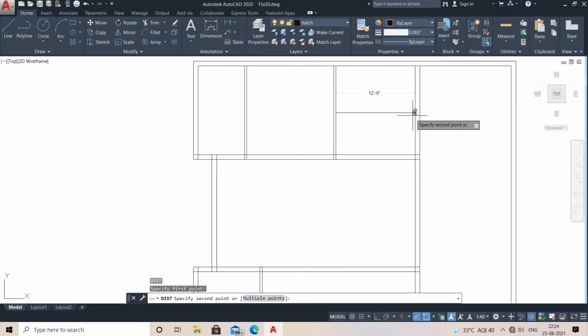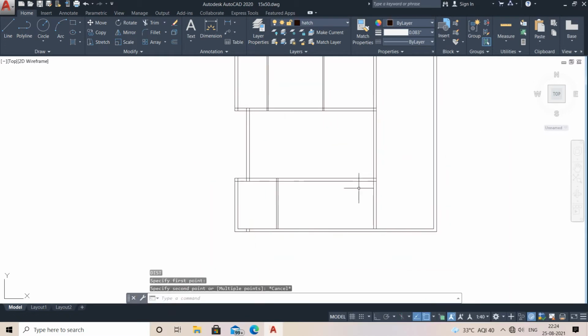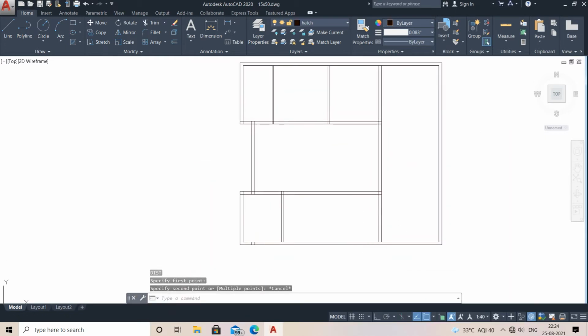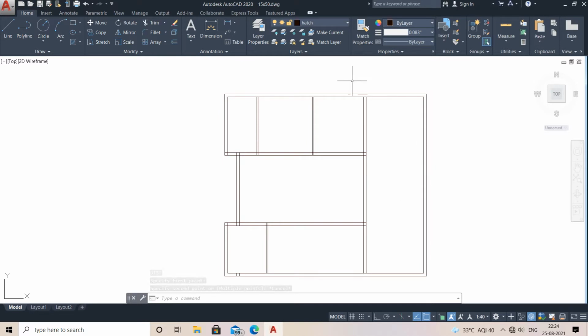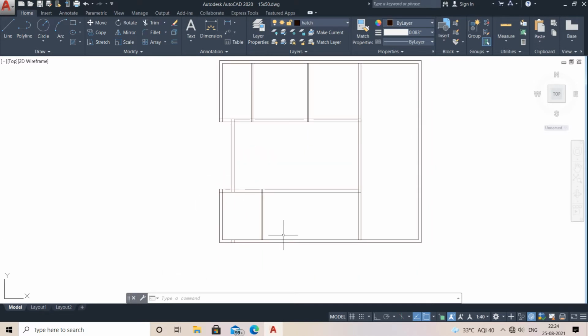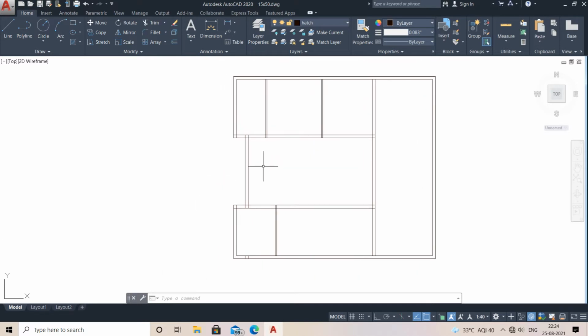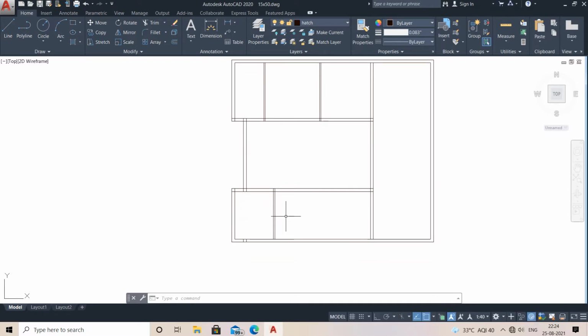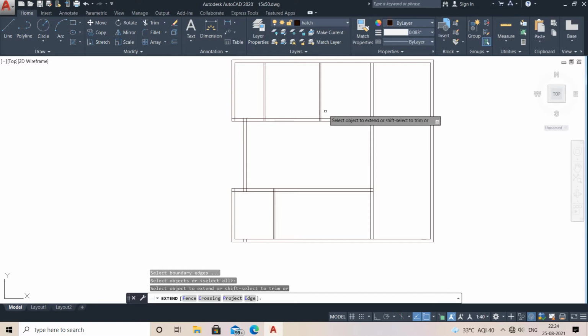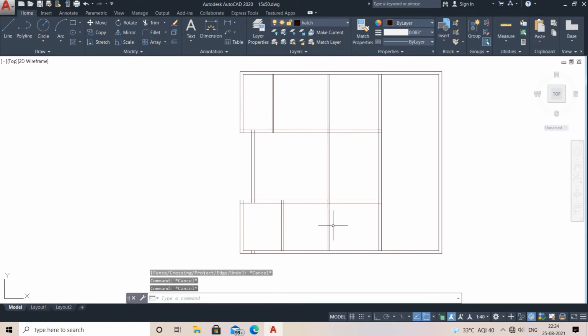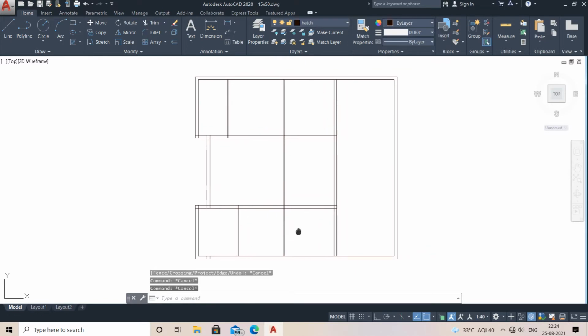So here it is 12 feet 9 inches. This wall is north, this wall is west, this is south, and this is east. Here, no need to go for offset, just go for the extend command, EX double enter. If you have any doubt on shortcut keys, you can watch my previous tutorials.